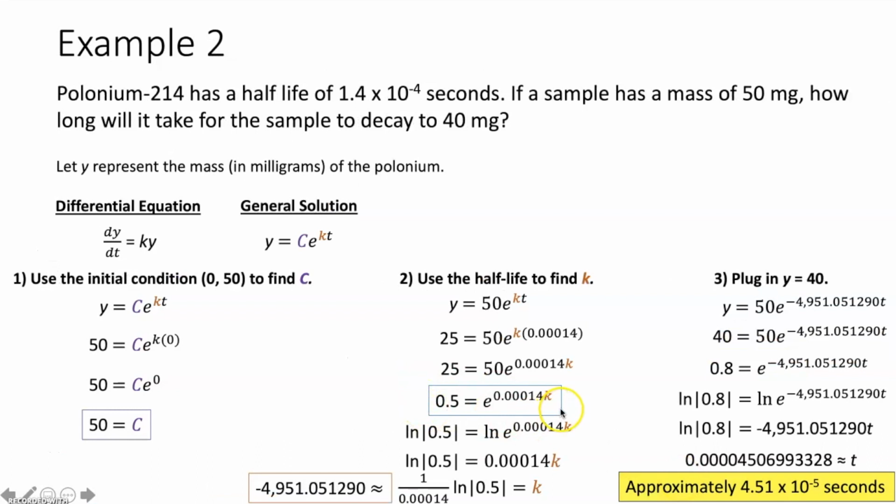Now, one thing I want you to note would be this step right here. The reason I highlighted this step is because if you know it's a half-life problem, you can technically just jump right to this step. We know that 0.5 is going to equal e to the half-life times k every single time. So if you know it's a half-life problem, you can jump right to this step where 1/2 is equal to e to the half-life times k. Now, if that's confusing or it doesn't make sense, just do it exactly like we did it here. You'll still get the exact same answer.